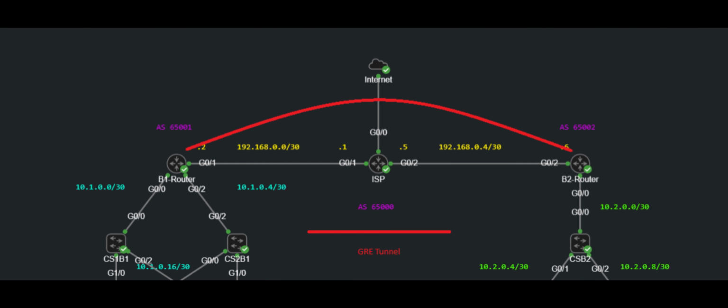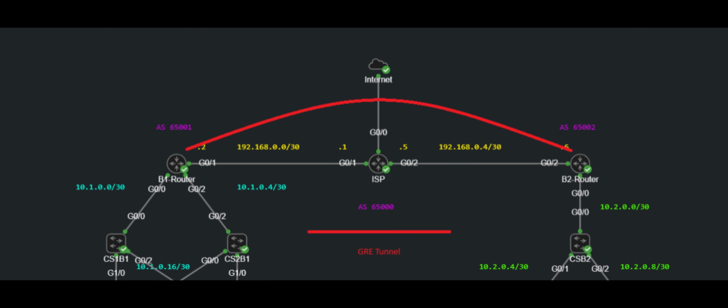In today's lab, we're setting up an IPsec tunnel between branch 1 and branch 2 using IKE version 2. We'll build out the proposal, policy, keyring, and profile, then tie everything together with an IPsec transform set and IPsec profile. Once that's in place, we'll apply the protection to tunnel 0 so all traffic between the two branches is